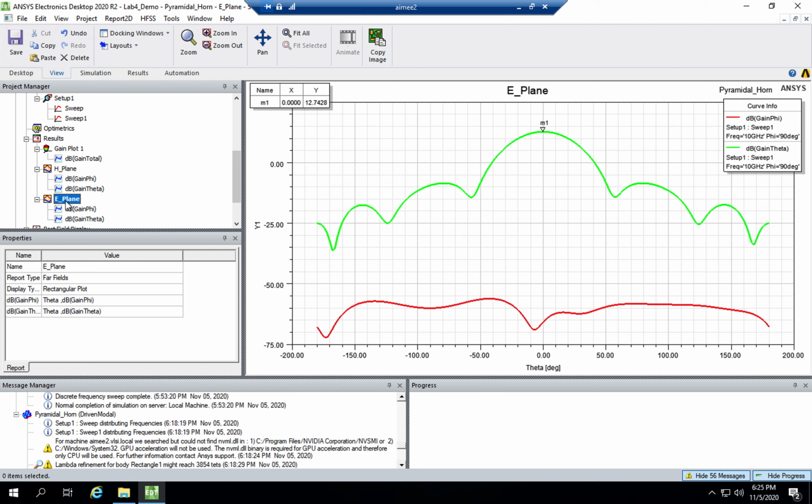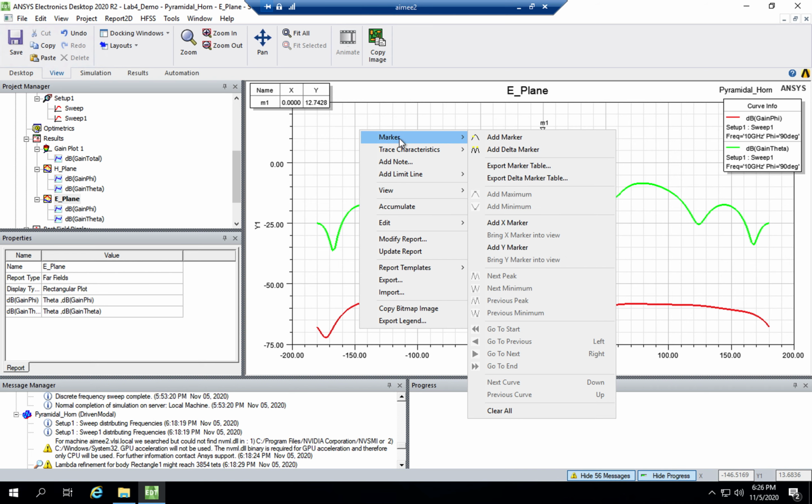Next part is asking, based on the copolarized gain in C, so that's in the E plane, which is the one we're looking at now, calculate the half power beam width and the front to back ratio. So the half power beam width is the range of angles where half of the power has radiated. That's why it's called half power beam width. And that's simply 3 dB on either side of the maximum gain, right? So the maximum gain here is